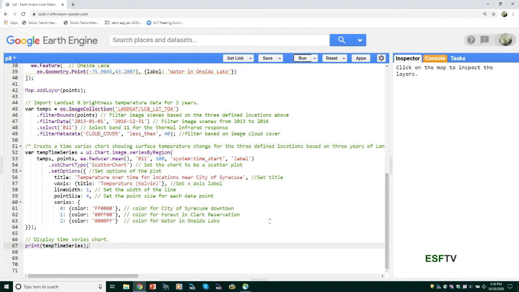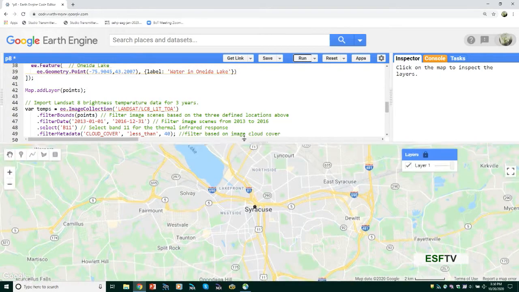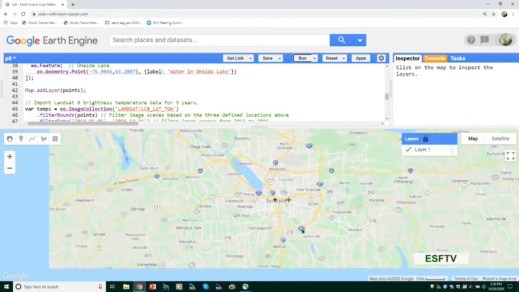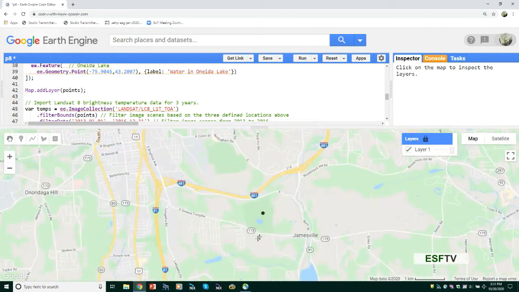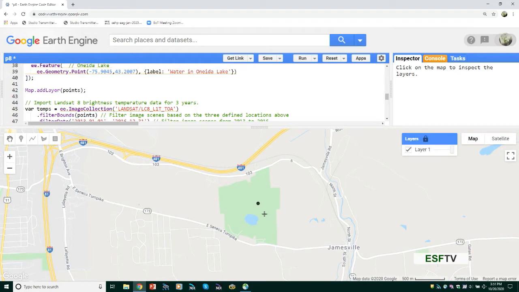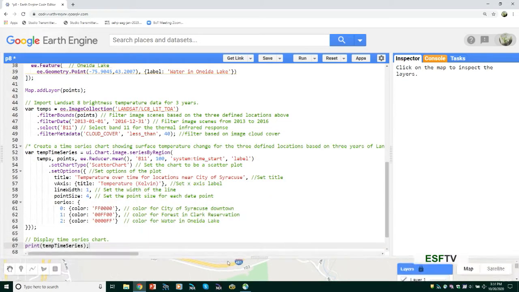And we'll be looking at the map for one quick second. And as you can see, there are 3 different sampling points. One is located inside the Oneida Lake. And then the other one is located inside the city of Syracuse. And the third one is located inside a park that is called Clark Reservation. And let's go to the console area